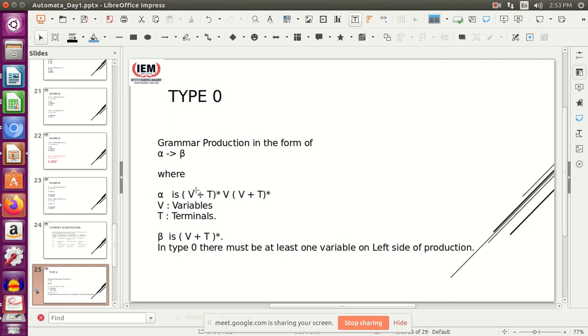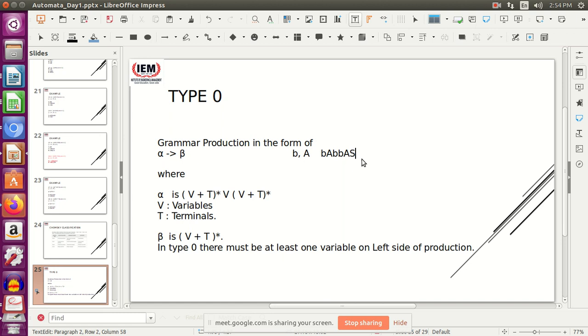So alpha can be anything of this form: a variable, or plus means or a terminal, star means any combination of variable or terminal. So suppose small b is a variable and a is a terminal, so I can have any combination of variable and terminal like b a b. Next it should be followed by a variable, so it can be followed by another variable.